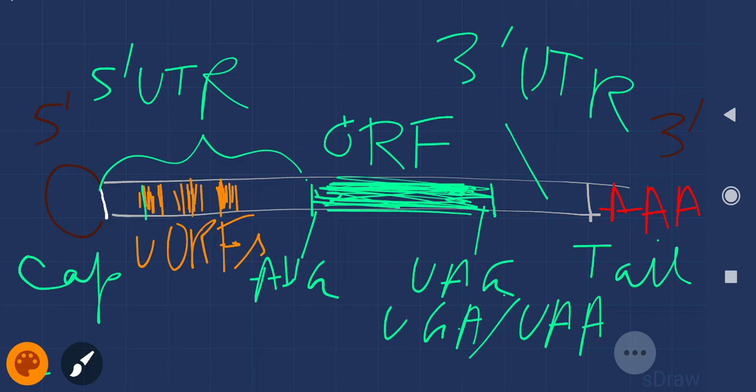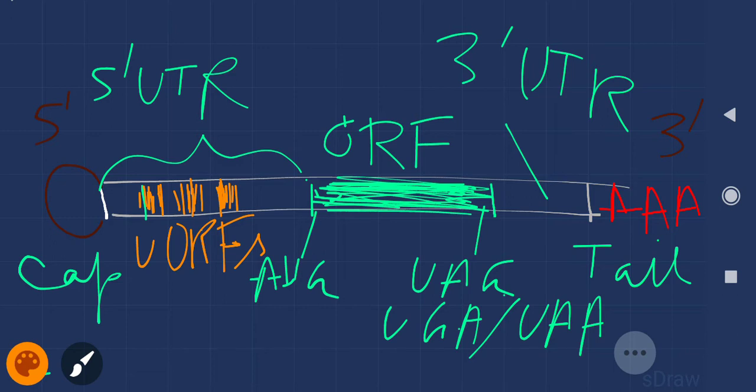So this upstream open reading frame is located within the 5' untranslated region of an mRNA, and the upstream open reading frame can regulate your eukaryotic gene expression.